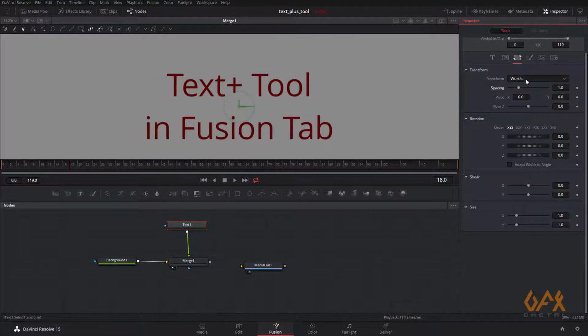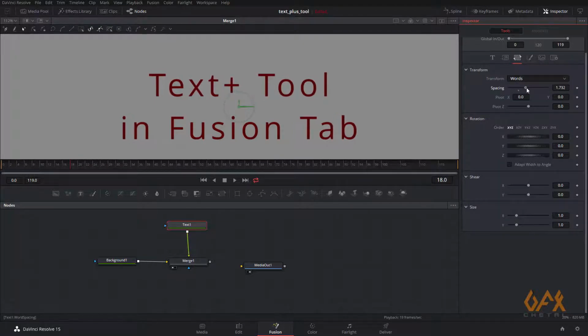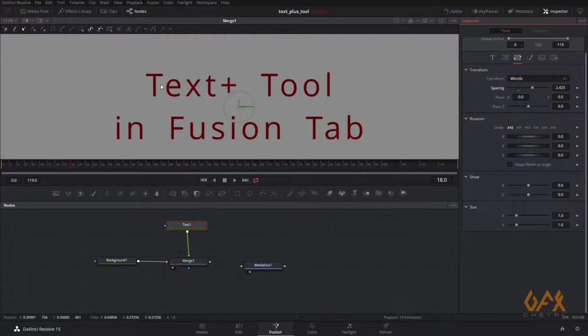Now the base thing is that, for example, if I change the character spacing like this, and now I move on to word, and if I change the thing, now you see the spacing that I set over here doesn't change. Okay, so it stores each and every value separately.